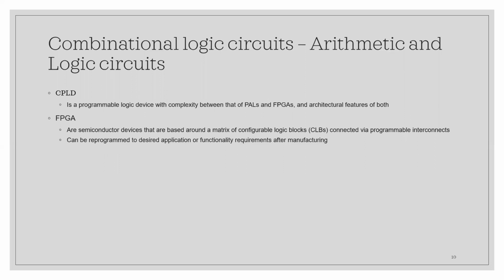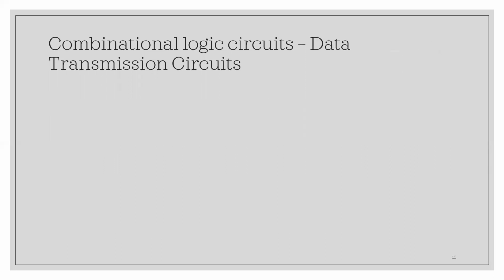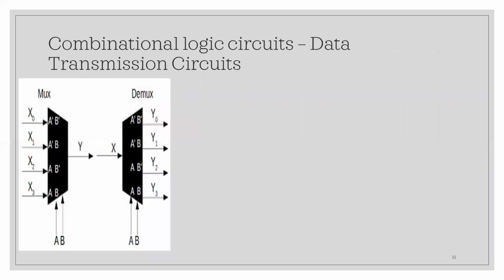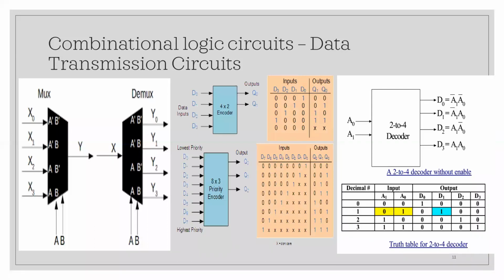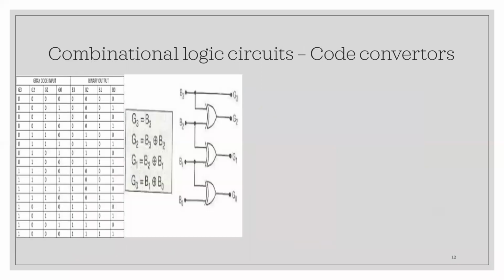Then apart from this, we'll be going for data transmission circuits, of which you already know a few, that is mux, demux. I hope you remember the truth tables and other things. How do you use the K-map? How do you use Boolean expressions? How do you use the QM, Quine-McCluskey method? So there are different methods. It is not hard and fast that you should remember everything, but as and when the time comes, we can recollect those things. You can just go through and see how it is related. Also encoders, decoders, priority encoder. All these things we'll be discussing in forthcoming classes.